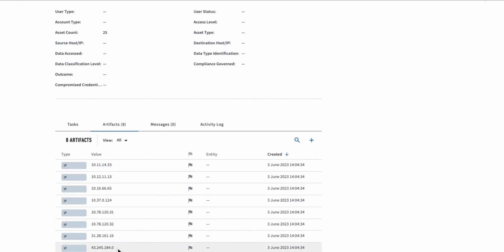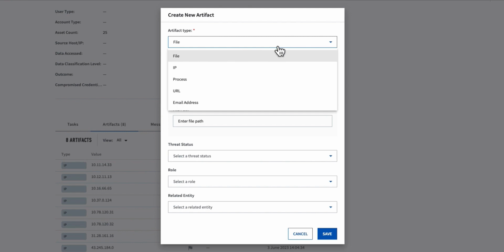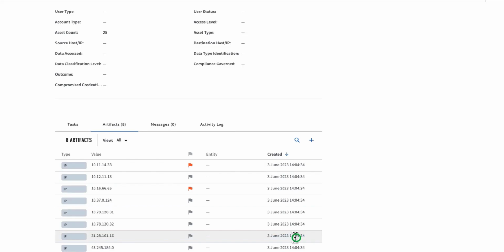So I can see all of the different IP addresses. I can flag any of these if I know that these are maybe the malicious ones. We can continue to add additional artifacts here. So whether I want to add files, an IP, a process, a URL, an email address, we have the ability